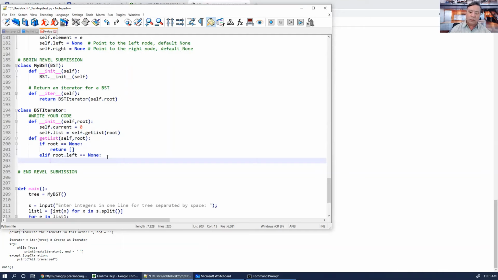We're returning a list, right? The first node of the list is going to be where we are because there's no left subtree. So we can return root, return the element,